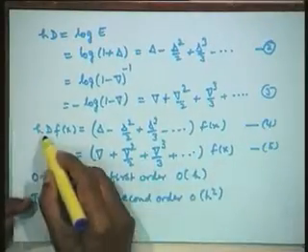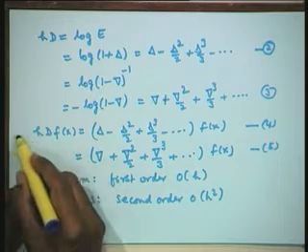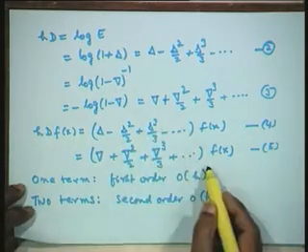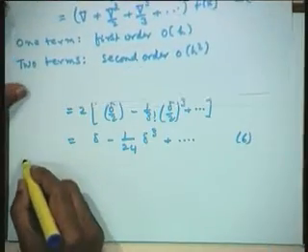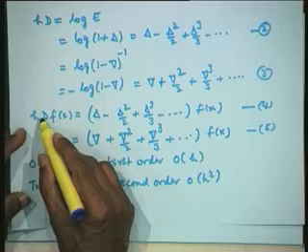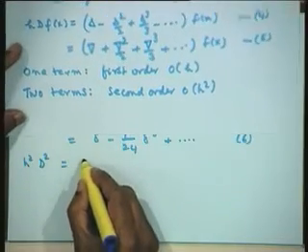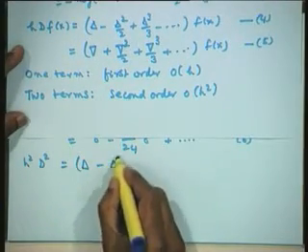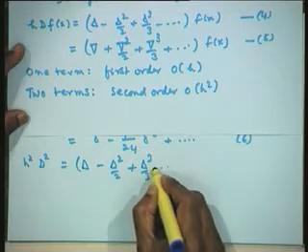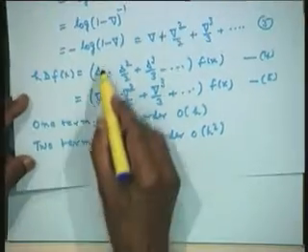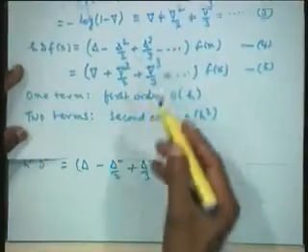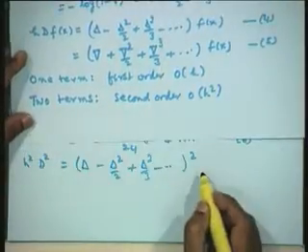So, if hD gives me this, I can pre multiply by hD. Therefore, h square D square will be the operator squared. Therefore, if I want the second derivative, I just have to operate on the left by hD here. Therefore, it will be simply the square of this, delta square by 2, delta cubed by 3 and so on, whole square. So, I just have to take the square of this, as the hD operator is being pre multiplied once more. So, I will simply have the square of this operator as this one.